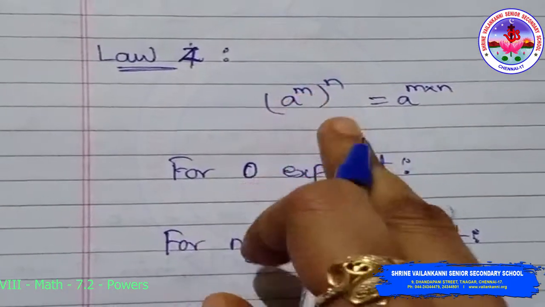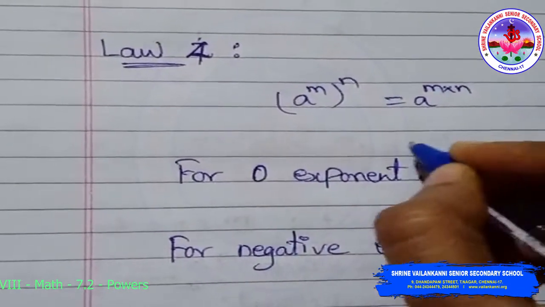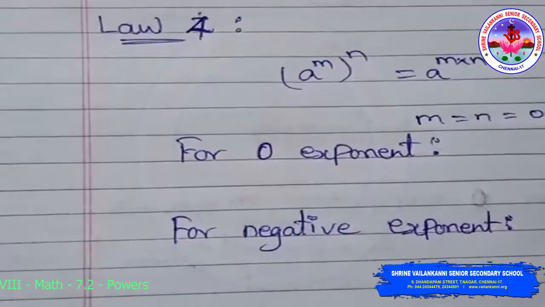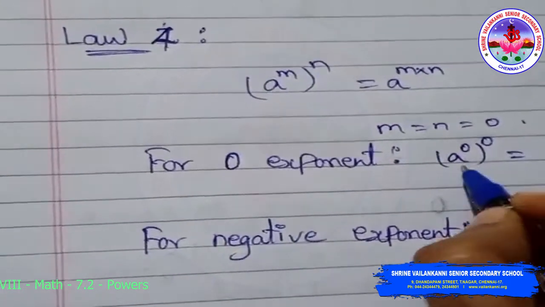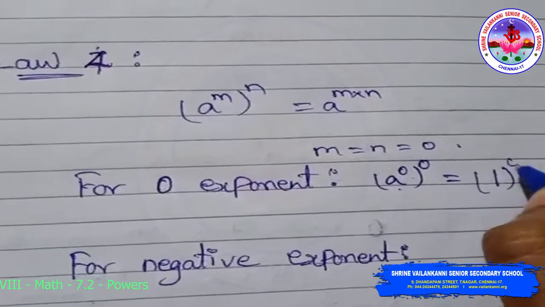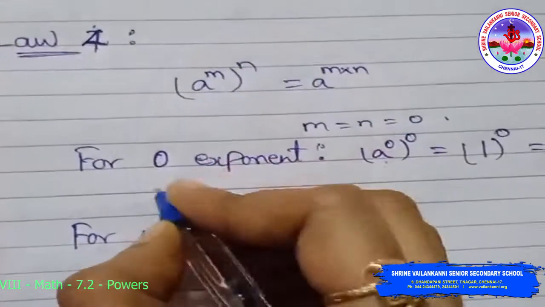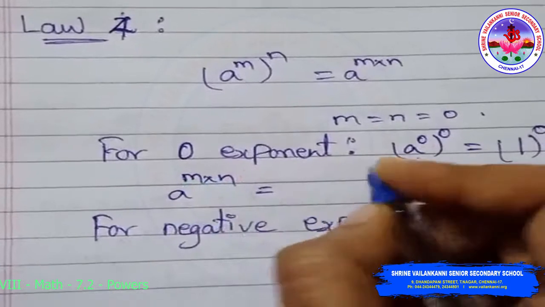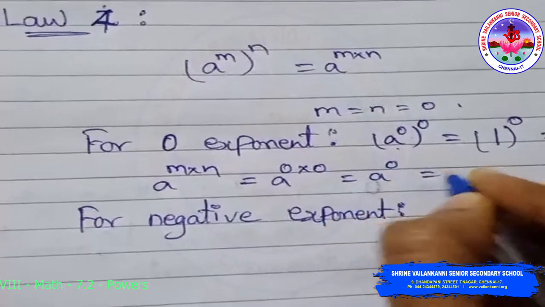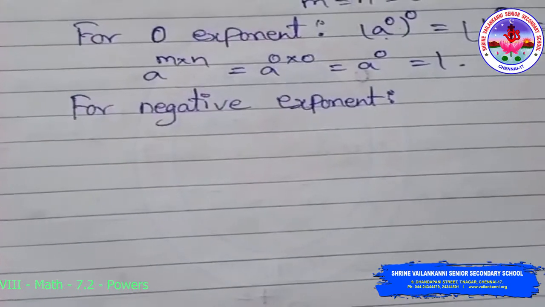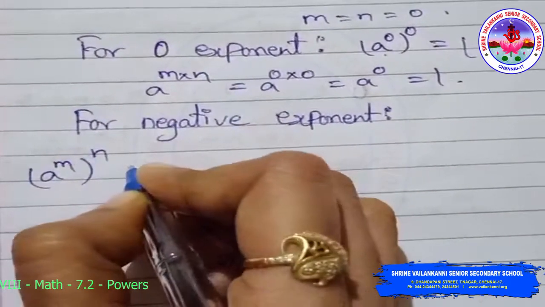Law for a power m whole power n is equal to a power m into n. For zero exponent, m is equal to n is equal to 0. A power 0 whole power 0 is equal to a power 0, which is 1, whole power 0 is 0. That is, 1 power 0 is 1. Next, a power m into n is equal to a power 0 into 0, which is a power 0, which is equal to 1. Next one, for negative exponent, a power m whole power n is equal to a power